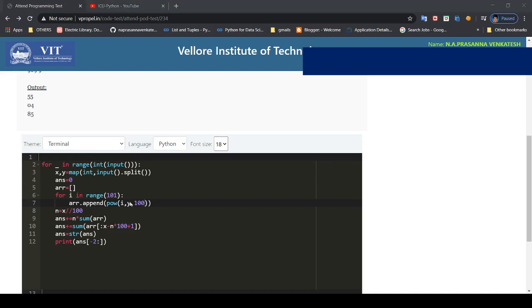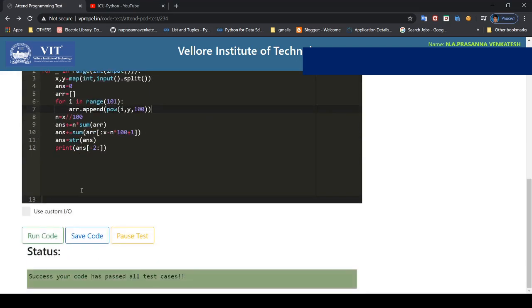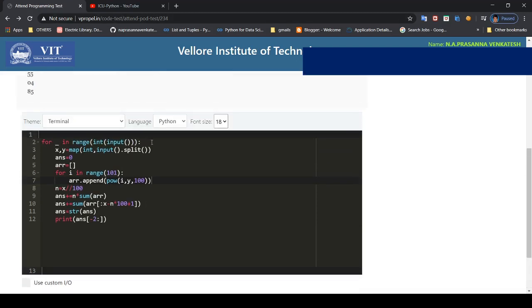I hope you understand. And 43 when multiplied with 3 becomes 129. It doesn't take the 129, it just takes the 29 and again multiplies this by 3 and gets 87. So you see that it is being optimized, right? So that's what it does. So when you again give 100, success, your code has passed the test cases.